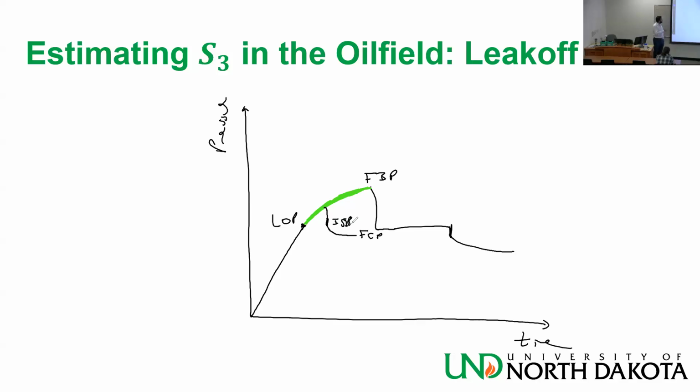Oh yeah, notice leak-off test is S3, that is what it is telling you, not SH min. It can be reverse, vertical faulting. What is it telling me? In reverse faulting, S3 is not SH min. It cannot be SV. SV I know from something else, right? The overburden estimation, maybe. So don't expect, some people say, I get SH min from leak-off testing. Yes, most of the time, not universally.